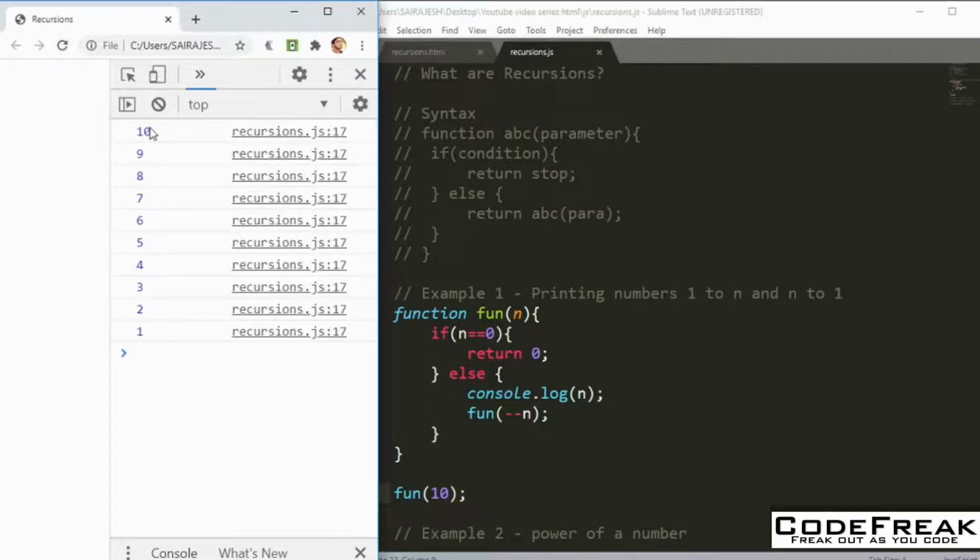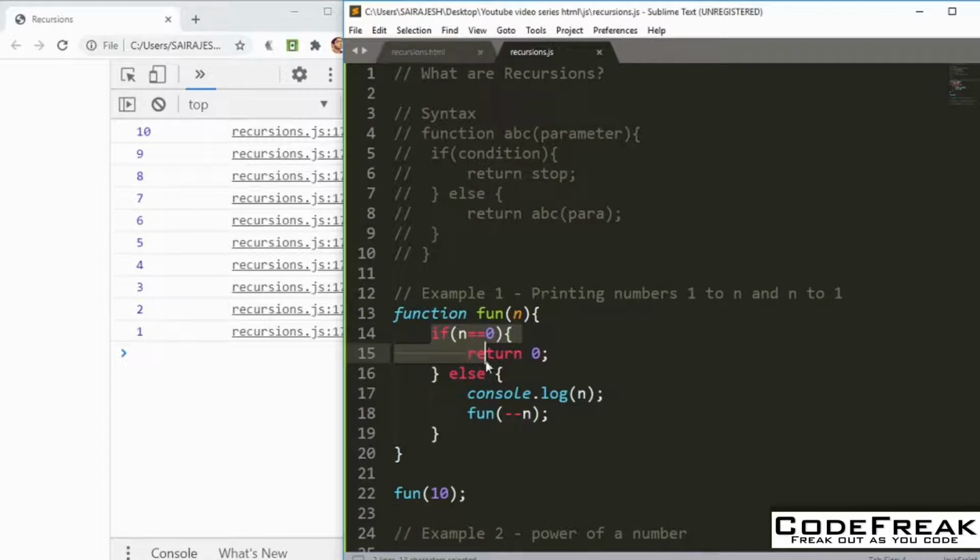So you got numbers from 10 to 1. So how does this actually work? Right now n is not equal to 1, right? You have put 10 here. So you are first printing out 10 through this statement, and then you are calling the function again with 9